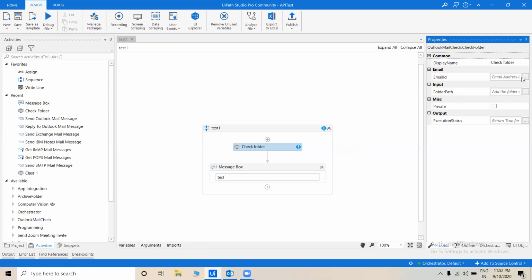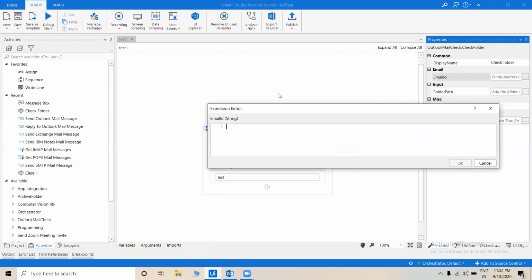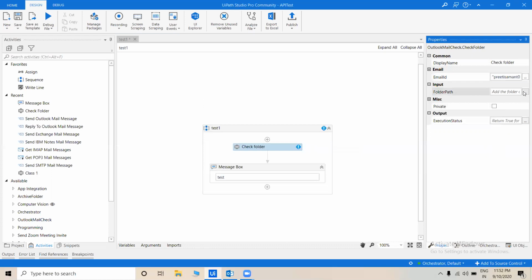So let me provide the email ID here. Now let's provide a folder path.